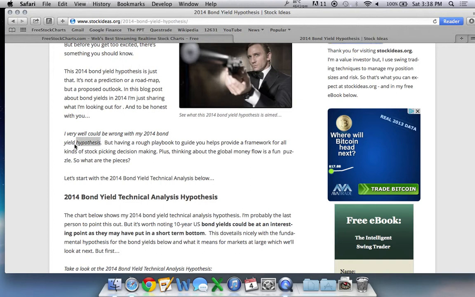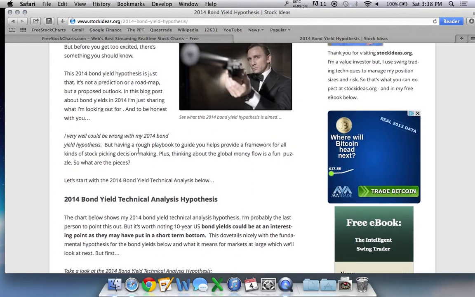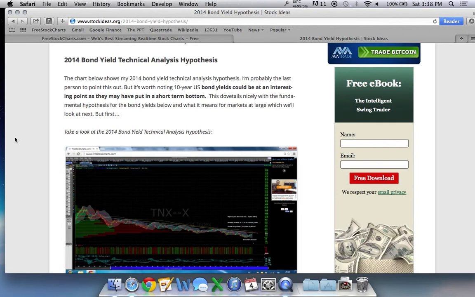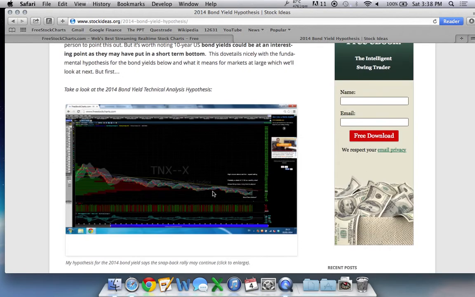This hypothesis is just that for me, kind of a roadmap to have, and then I can change it and update my view as this data changes. But for now, that's sort of my outlook on